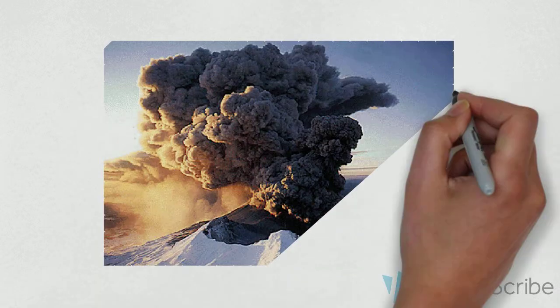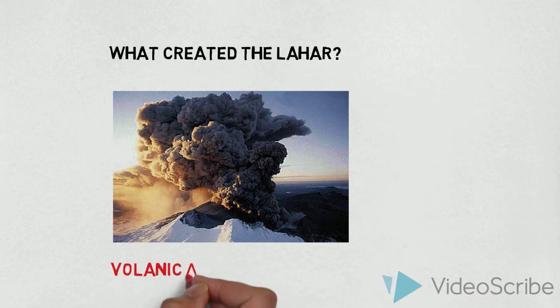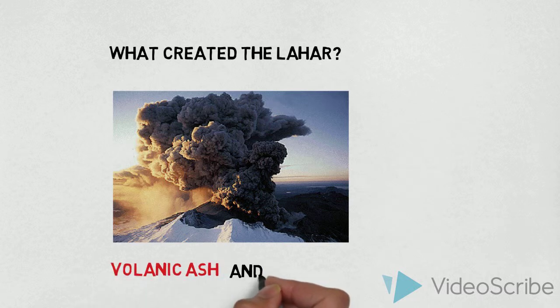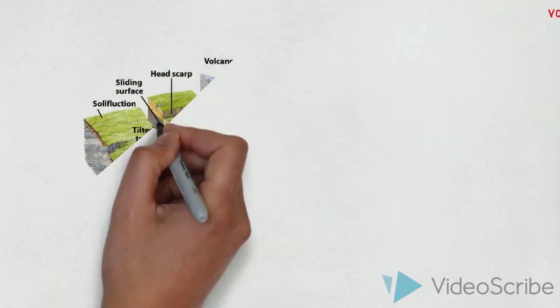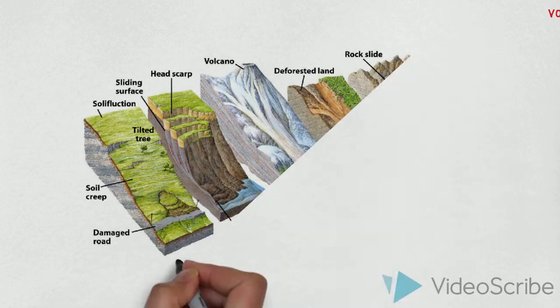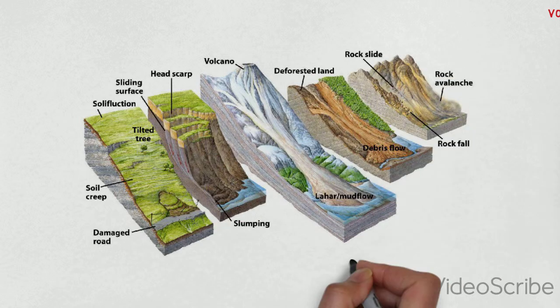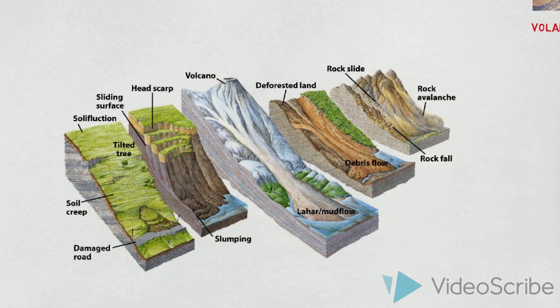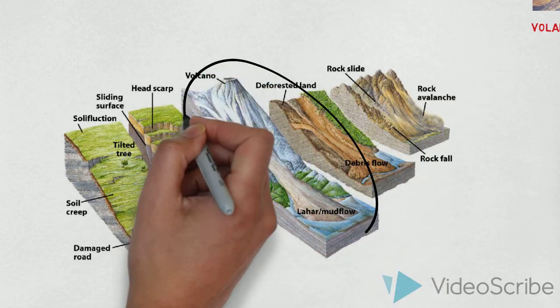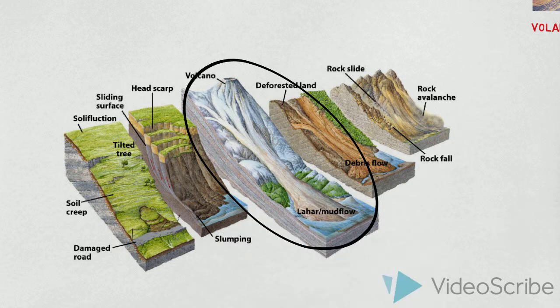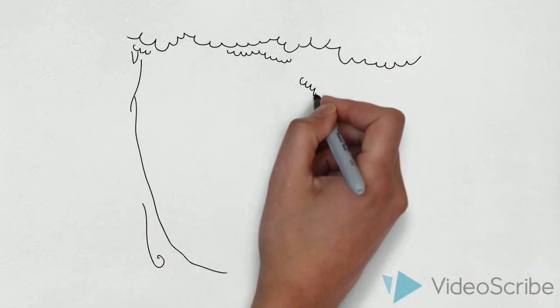Let's take a look at what created the lahar. Some of the basic components of the lahar are water mixed in with volcanic ash and other debris from the volcano, as well as those obtained from the ground. The source of the water comes from the glaciers located around the mouth of the volcano that have receded with time. When the volcano erupts, the hot gases as well as debris cause parts of the glaciers to melt and pick up this debris. The steep sides of the volcano provide the momentum and kinetic energy to put the lahar in motion. The amount of debris and sediments builds up over time as it forcefully flows down the volcano's side